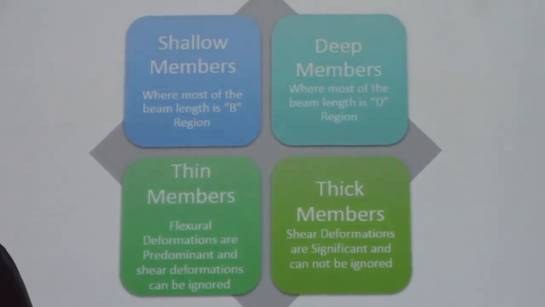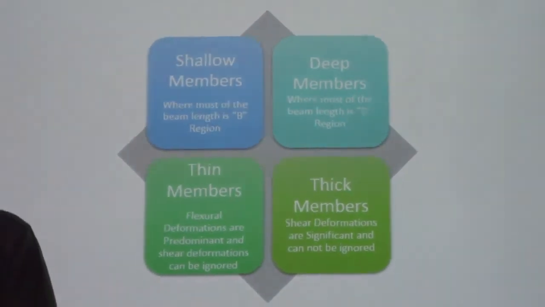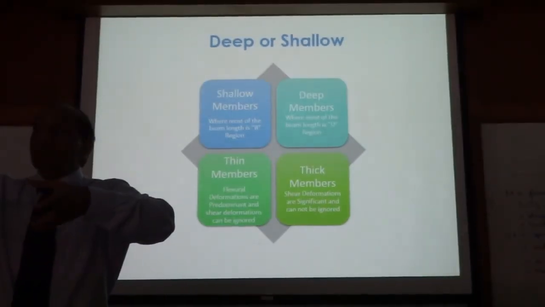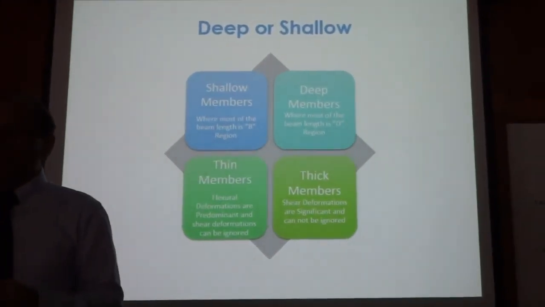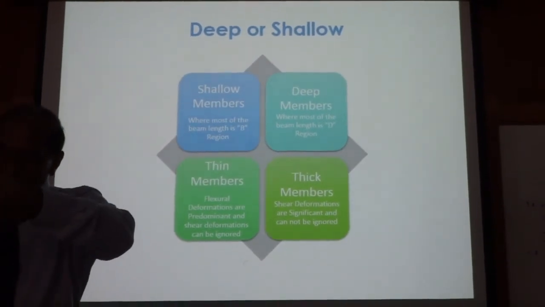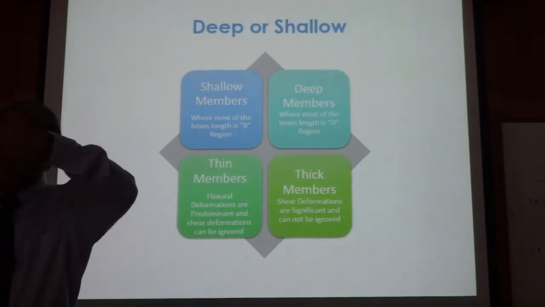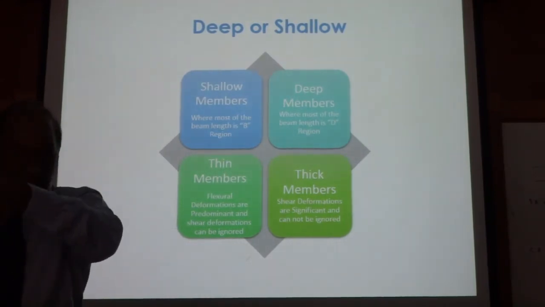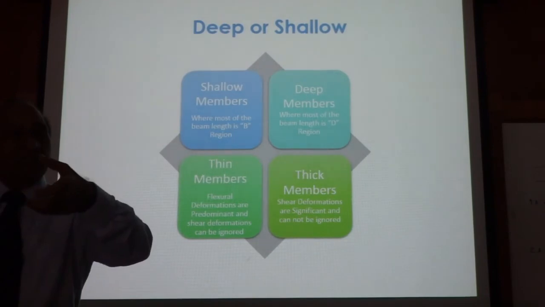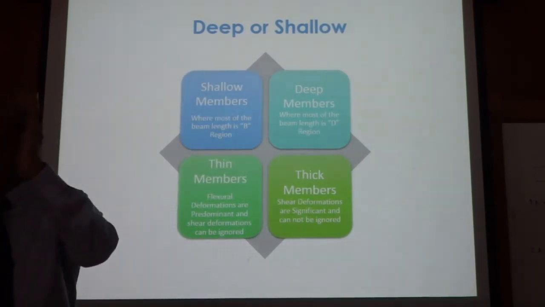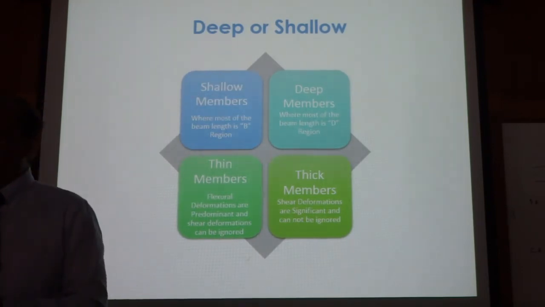We talked about shear deformations last time, right? So when you bend something, it is a summation of the two deformations. Some portion of the deformation is coming from the elongation of the fibers below and shortening of the fibers above, which is flexural deformation, and some is coming from the shear angle change in each section, right?